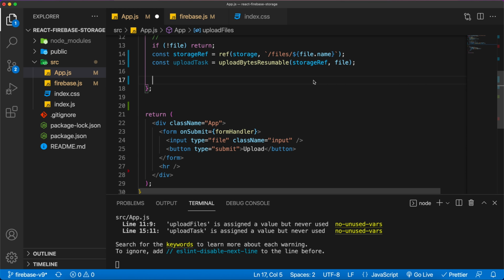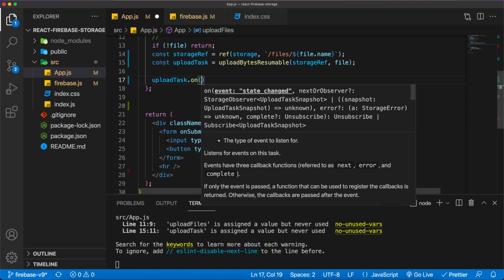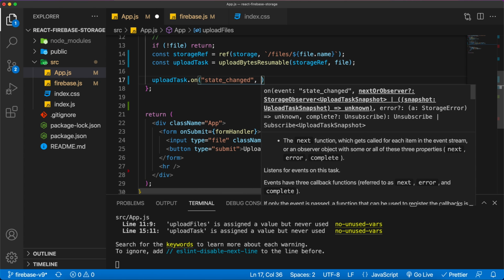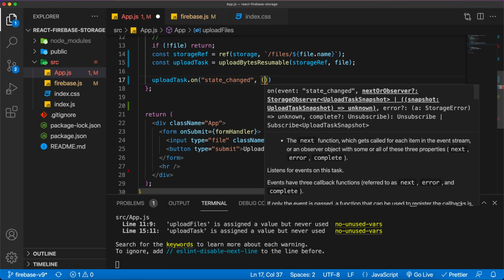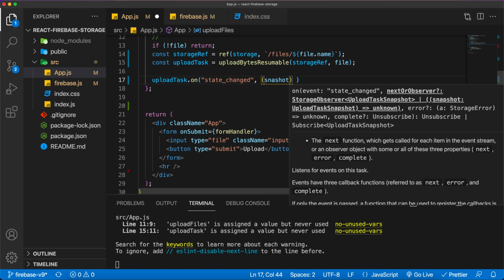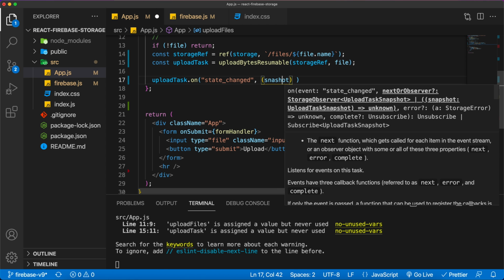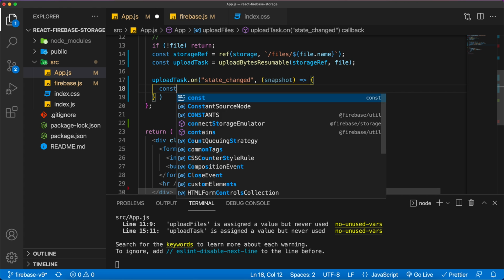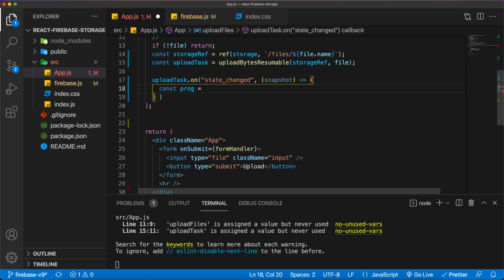Now this uploadTask object is going to have an event called state_changed. So I'm going to say uploadTask.on state_changed. And then as a next parameter, we are going to receive a callback having this snapshot variable, which we are going to use in order to show the progress of our upload. So I'm going to say snapshot, and here I'm going to create a variable called progress, which will be equal to